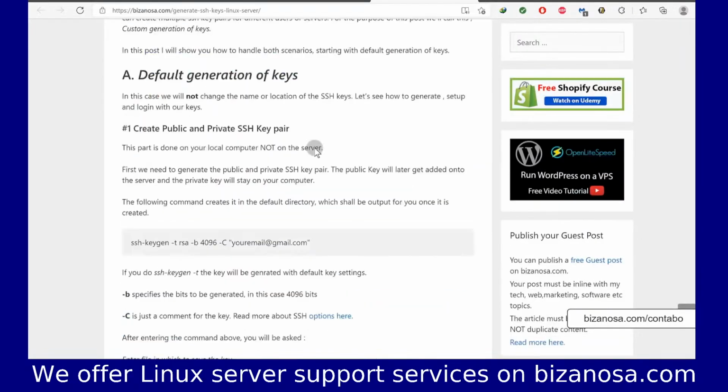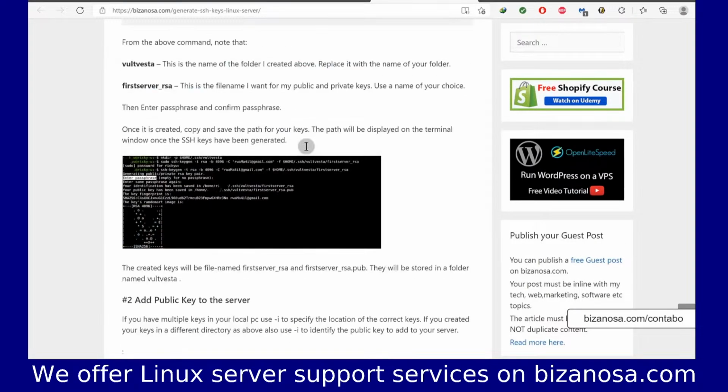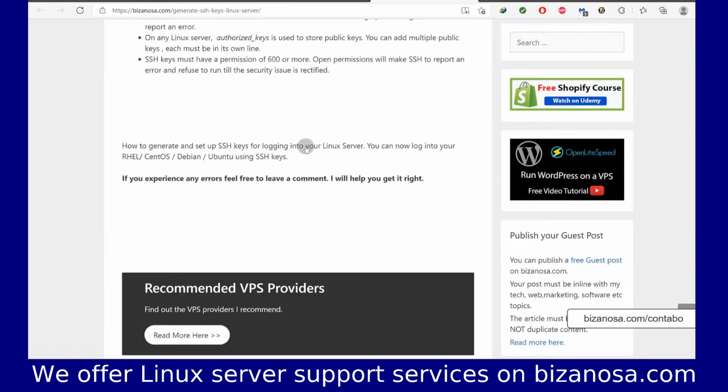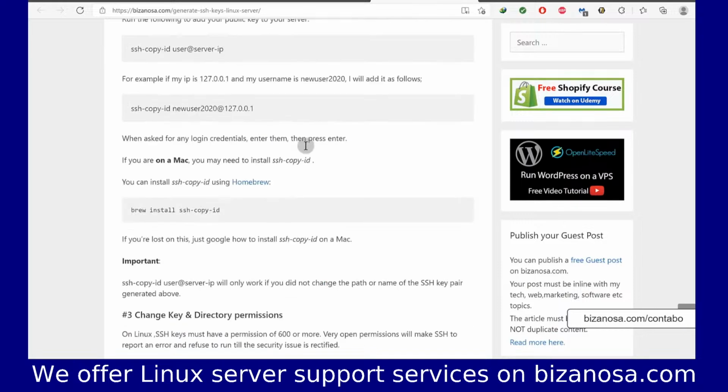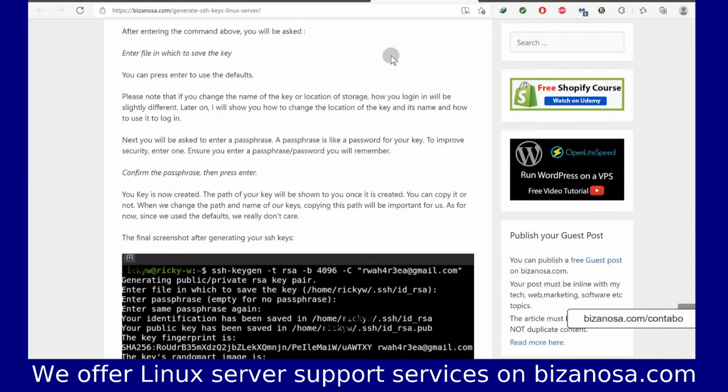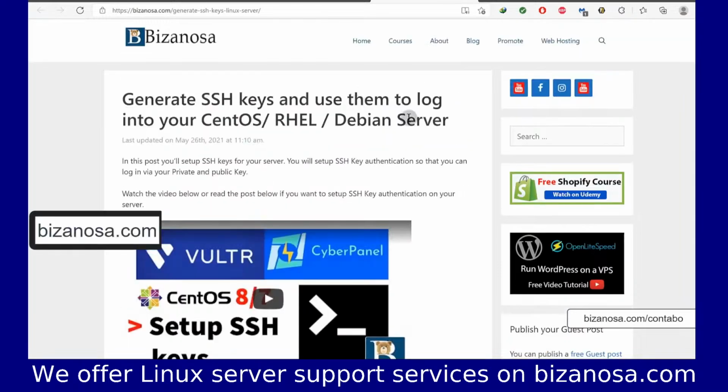Okay, it's a very long post, but it has everything that you'll need to set up your server, to set up SSH authentication on your server. And as well, you can come to bizanosa.com and search for the post here, or you'll find the link in